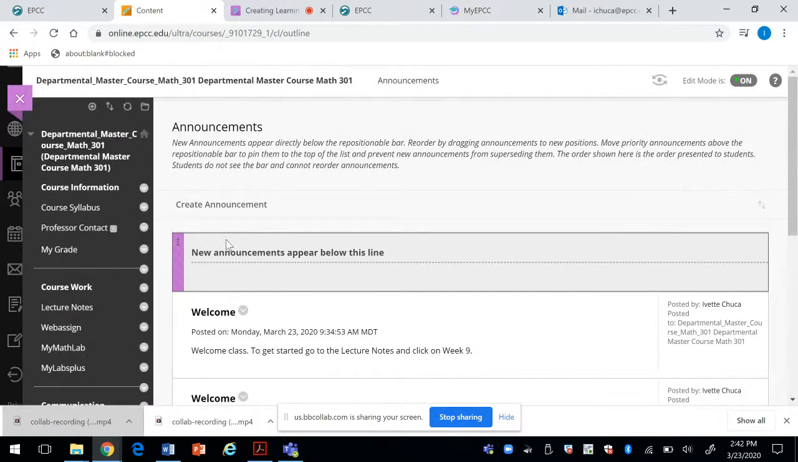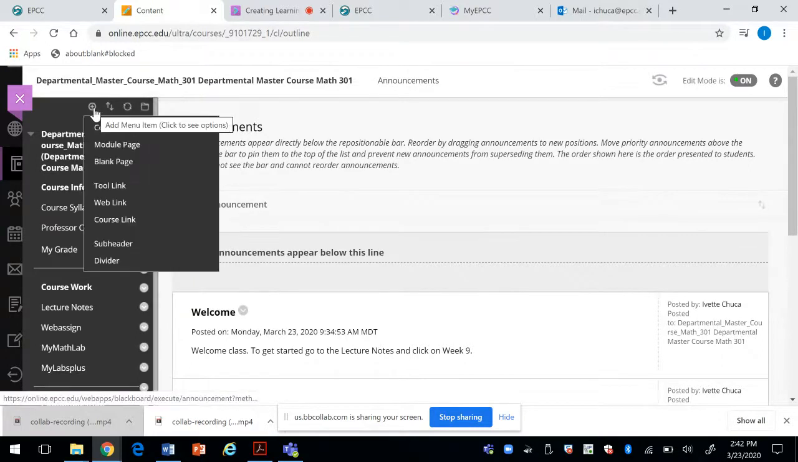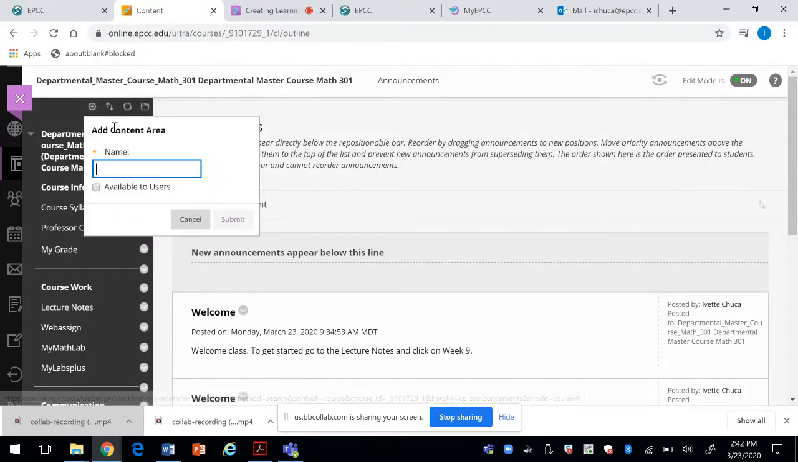One of the important things is to make sure that you identify where you want your students to first log in when they get into Blackboard. If I was starting this for the first time for my class, I am going to add a content page here, and I'm going to call it